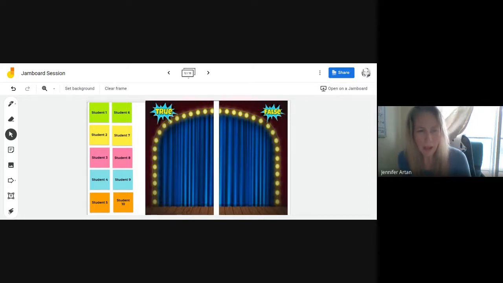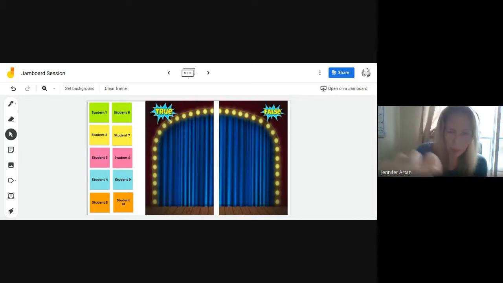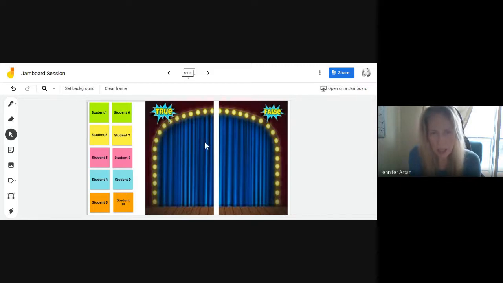So the students all have their names on their slides, and then the teacher reads a statement, or the statement shows up. You can put the statement in a text box, and then the students have to decide, is that true or false? So you put the text in the box and give the students a moment, and then they drag into their,